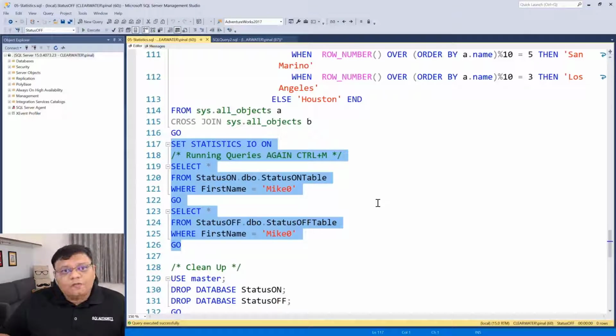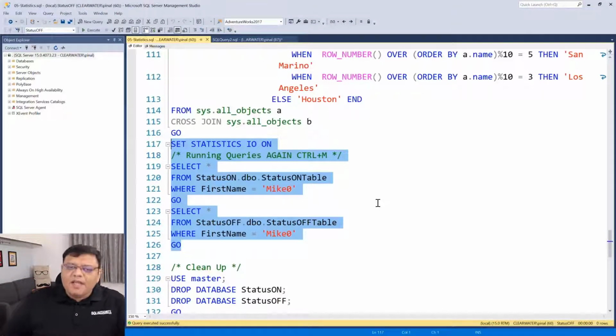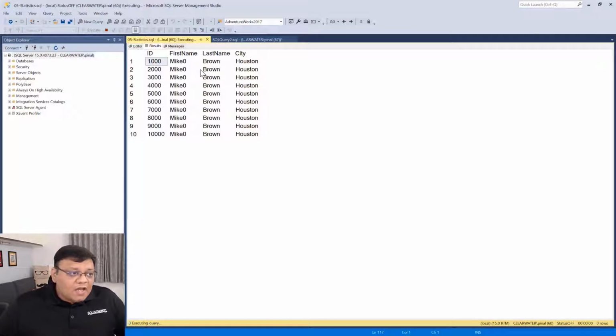But if both are done at the same moment, I should be getting the same thing. Yes, definitely actual execution plan has some more real-time execution data, which estimated doesn't have because the query did not run. Now I will run both of them with SET STATISTICS IO, and let's see what happens.